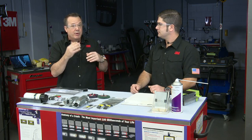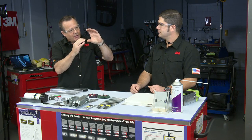You'll see it sticks to the sides of the water bottle really well, but if you give it a little time, all of a sudden you'll see a little bit of thin oil start to run down to the bottom,